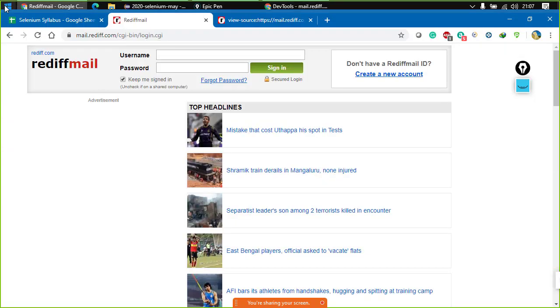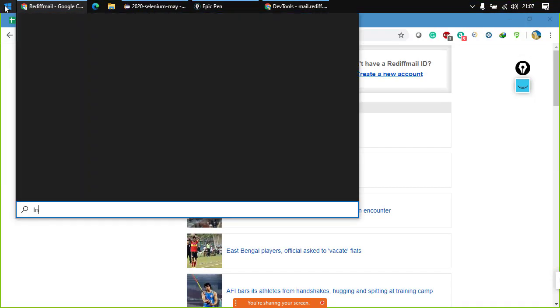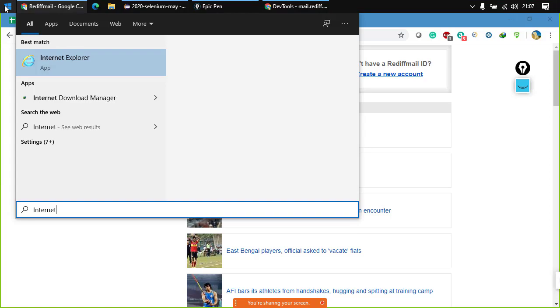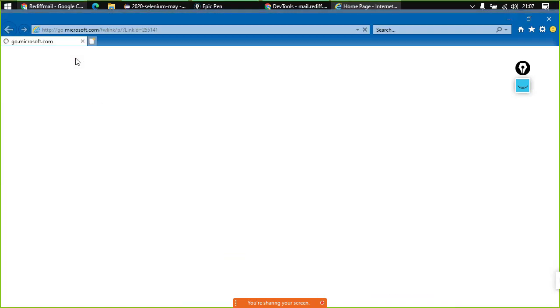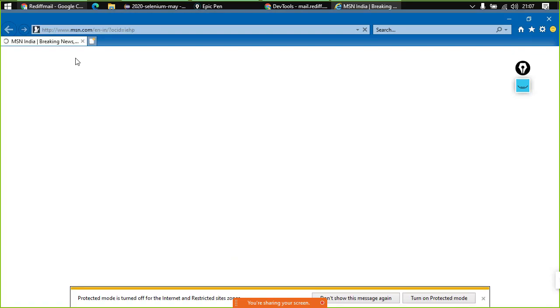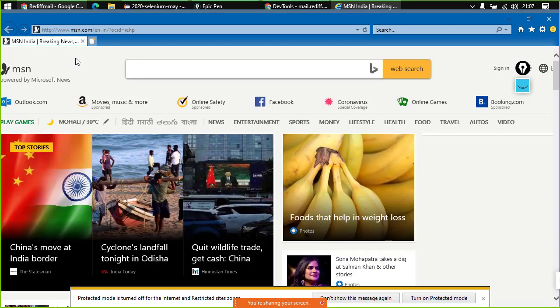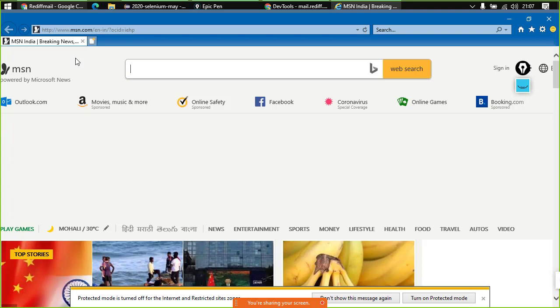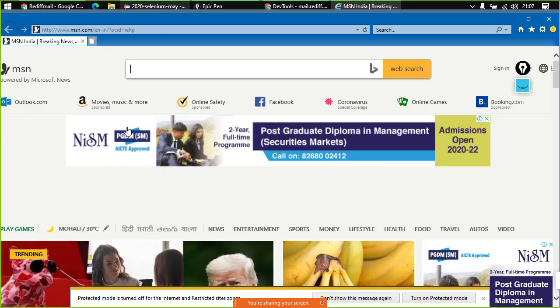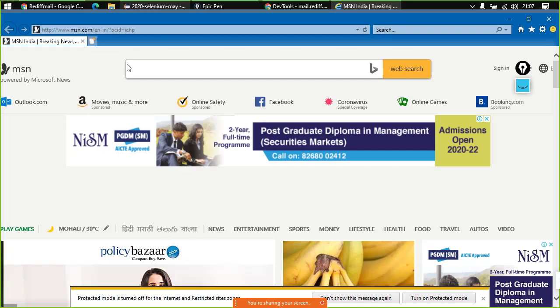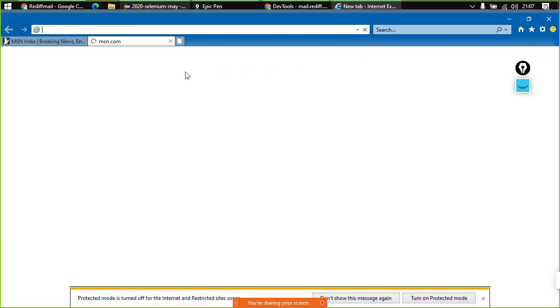Now let me just show you this in another browser, say Internet Explorer. There are very rare scenarios where the application works only and only on Internet Explorer, very rare, but yes, there is such a scenario. You guys can see that over here as well. Simply right click on the page. Right now they have disabled it. Let us just go to some other page. Okay, it has not been disabled. My system is getting slow.